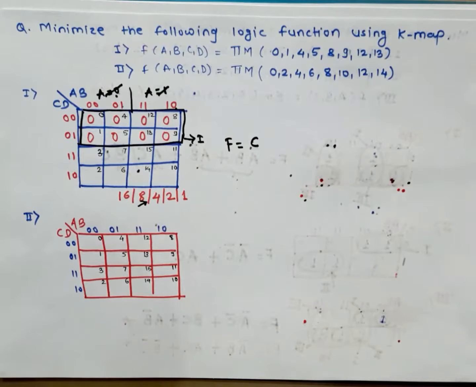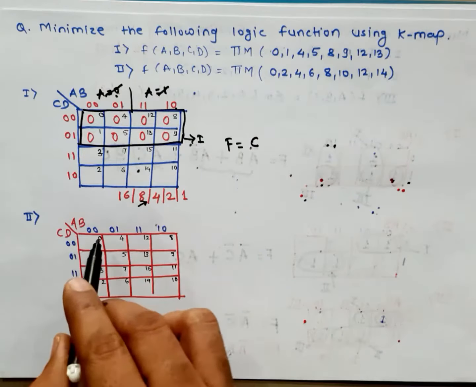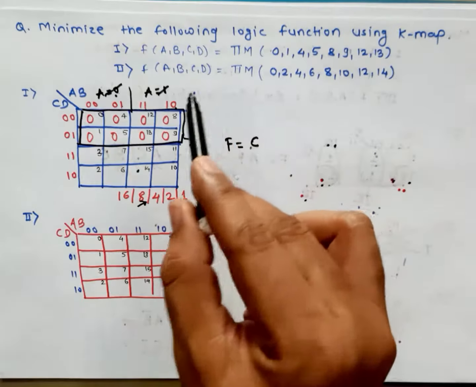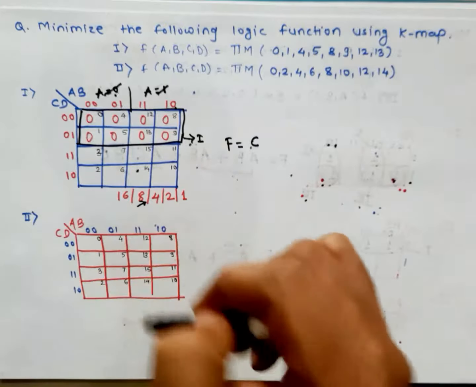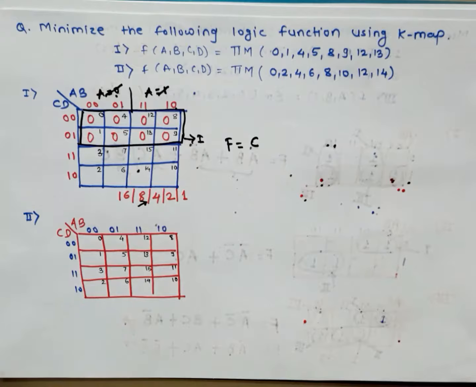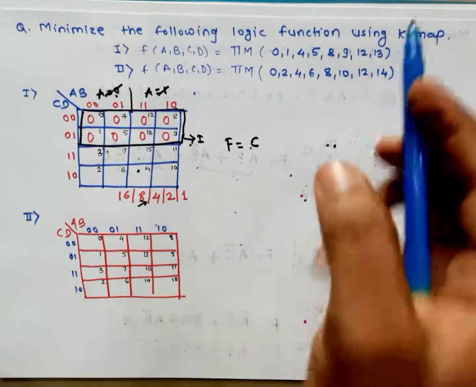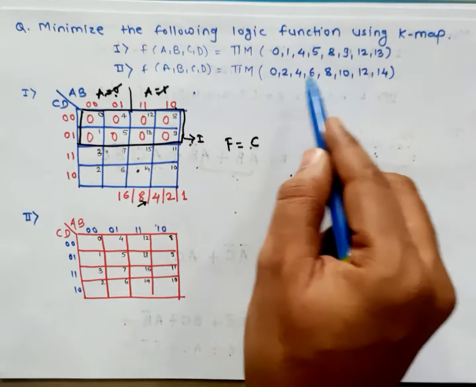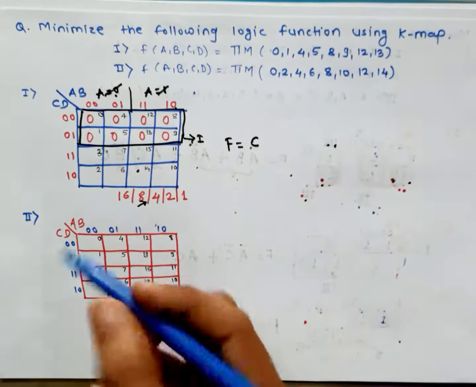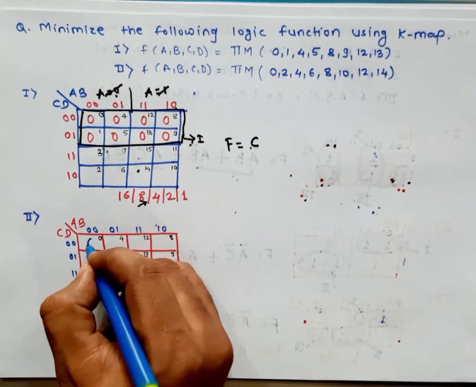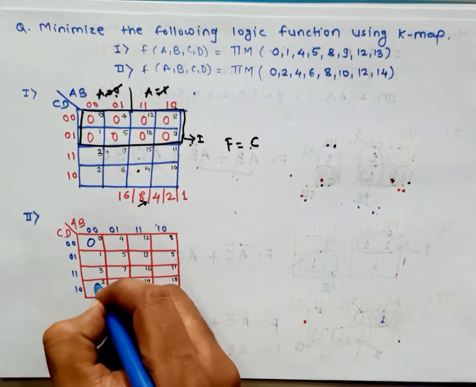Now next case, second example, second function, again it is a POS function. Four variable function, so we need to design the four variable K map, assign the variable values, assign the cell values. Now put the max terms, whatever the max terms are given in the function, we need to put a zero value for the respective max term. So 0 is cell, 2 number cell, 4,